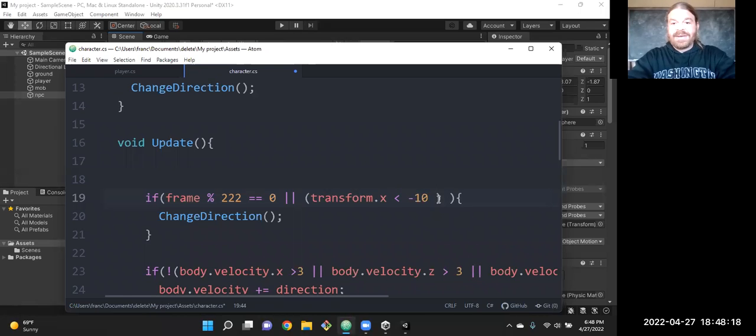If it's less than -10, I was going to do the negative of all this, but I'll switch it around. So if we get past -10, less than or equal to -10, so not greater than -10,